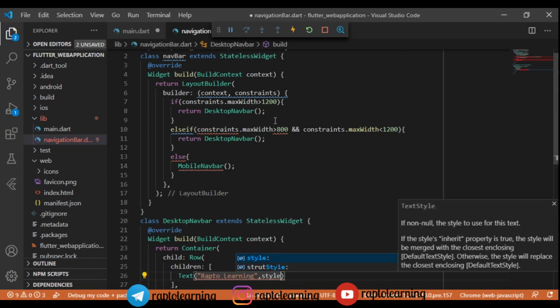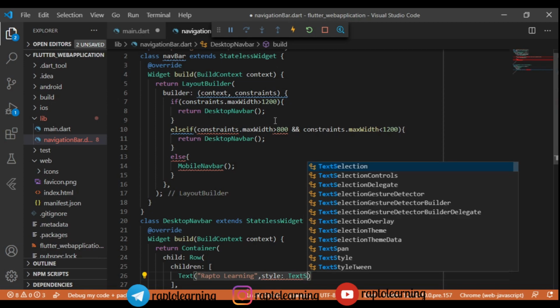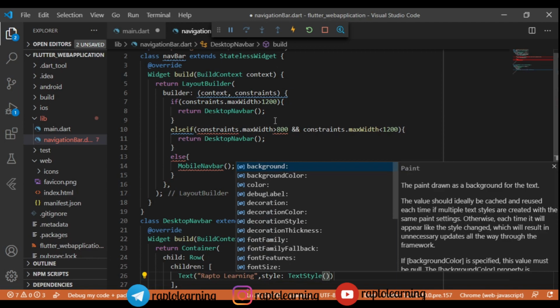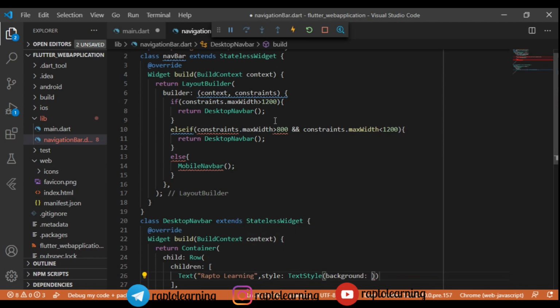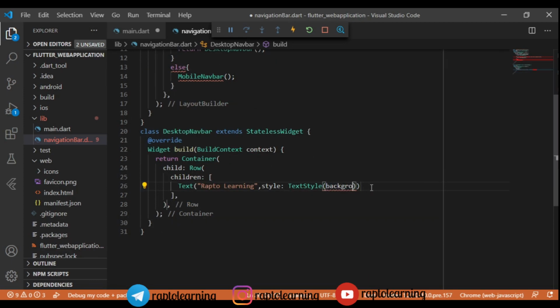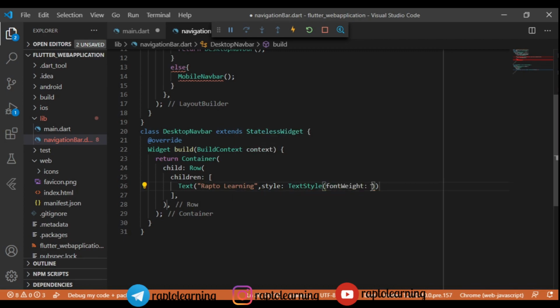It comes with an inbuilt, so, and its style is we will add some style here for our text. So text, and then we will make it bold, and we will add some constraints to this too. So text style, and we will specify the text style in this column. So there are various text styles available, that is background color and all this stuff. So we will just add here a background, and no, we will not add background. We have to give it a color, right? So we will just give it a color later.